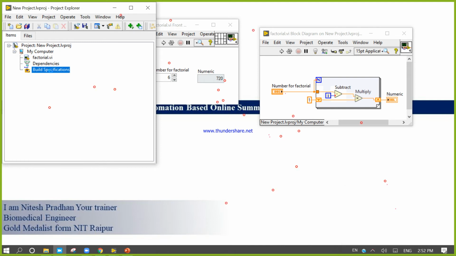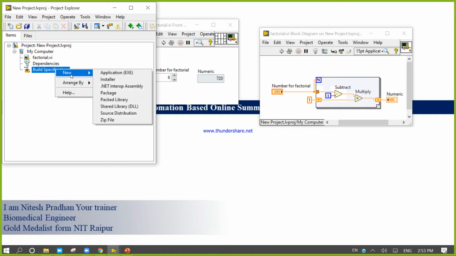Now right click on the build specification. Okay, right click on the build specification. When you right click on the build specification, come to the application.exe.